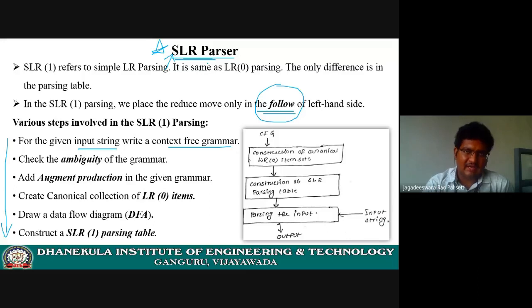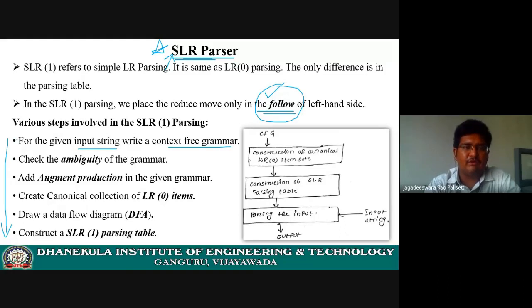As we already discussed, whatever we did in LR(0), every step here also needs to be performed. That's why I completed LR(0) initially. Not only in SLR, but in CLR, LALR, all the different variants of LR, we need to perform those 7 steps. But in SLR, in addition to those 7 steps, we need to compute the follow function for the non-terminals. We will see that in the next slide, where I will give some examples.